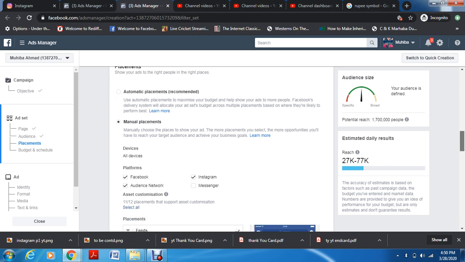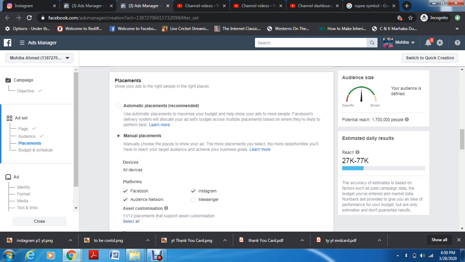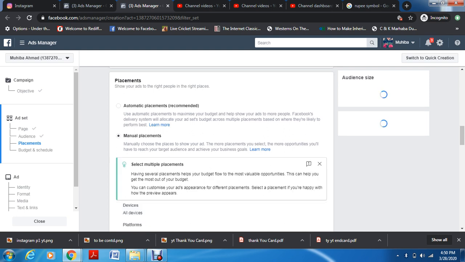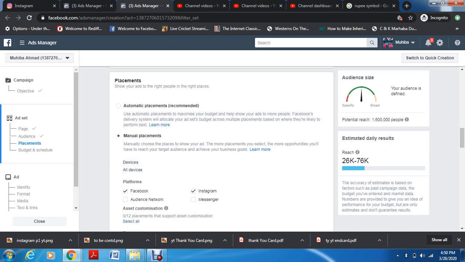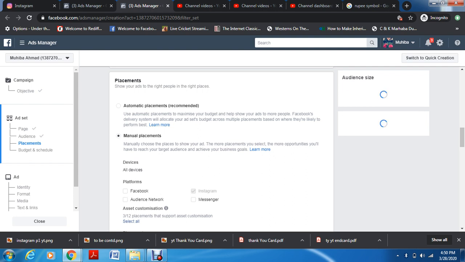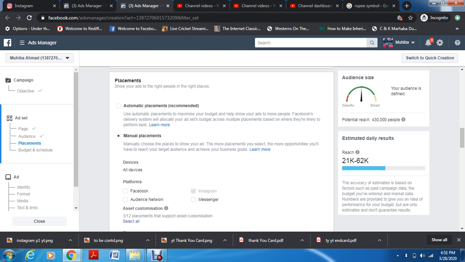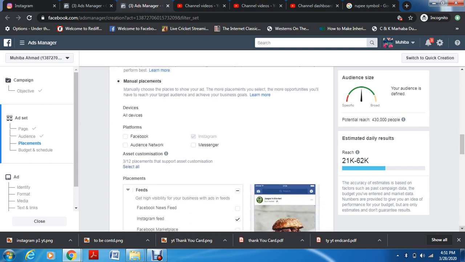you'll have to uncheck Audience Network, you'll have to uncheck Facebook. Where is this? Yeah, so you'll have to also uncheck Facebook. You will only keep Instagram because that's automatic. So you'll only keep Instagram. Then you have